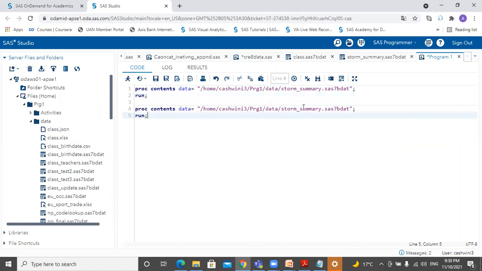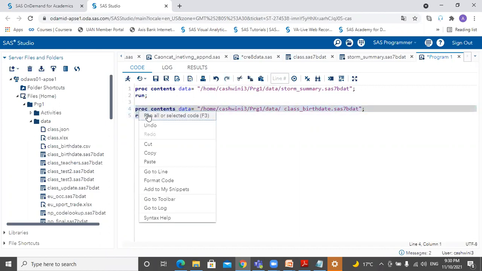Just change this name to class underscore birth dates. All right, so I need to select this particular statement or step and submit.